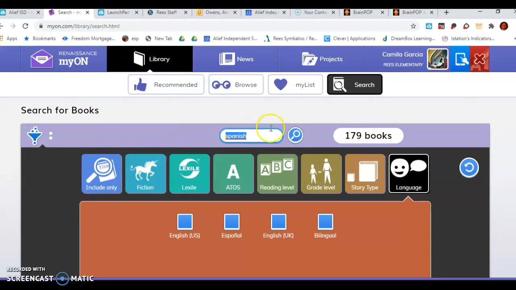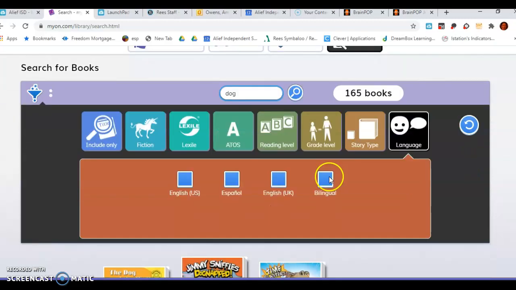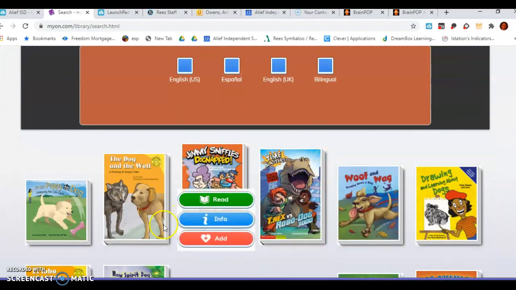So there's a tool for you. You can choose by any word. If you like dogs, there's 165 books that have dogs. So I showed you that